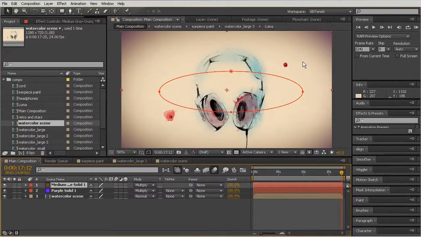So in this lesson, we discussed the interface of After Effects just to give us an overview of some of those key features you'll need to know to be able to navigate your way through the